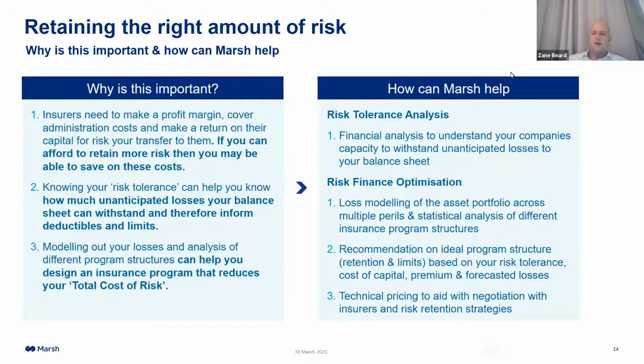And we can then overlay different insurance program structures and forecasted premium and look at, okay, we know your risk tolerance, your cost of capital, the premium, the forecasted losses. Let's identify and mathematically determine what is the right structure for you, so that you can confidently go, yes, we're going to increase our retention from 50,000 to 350,000. We can comfortably afford that. We're going to save X amount on premium. We know that the average losses that will be incurred across the 10 or 20 year period won't exceed the premium saving. It's worth us going ahead.